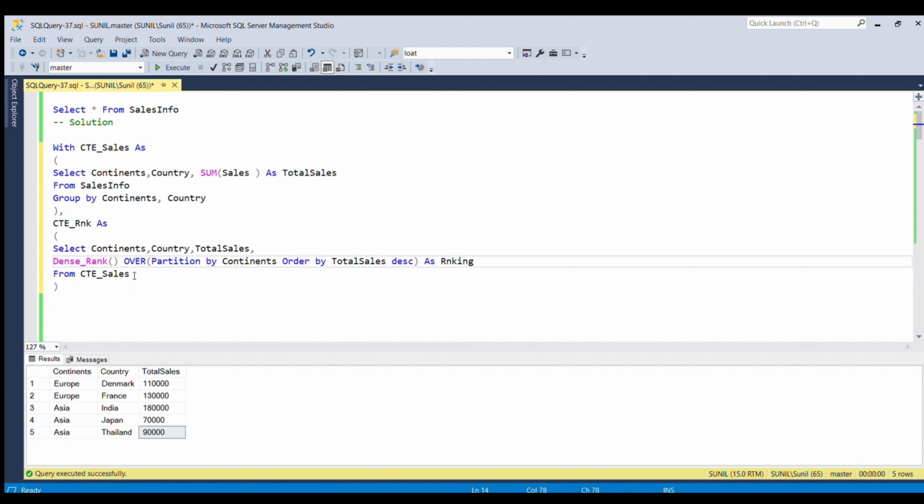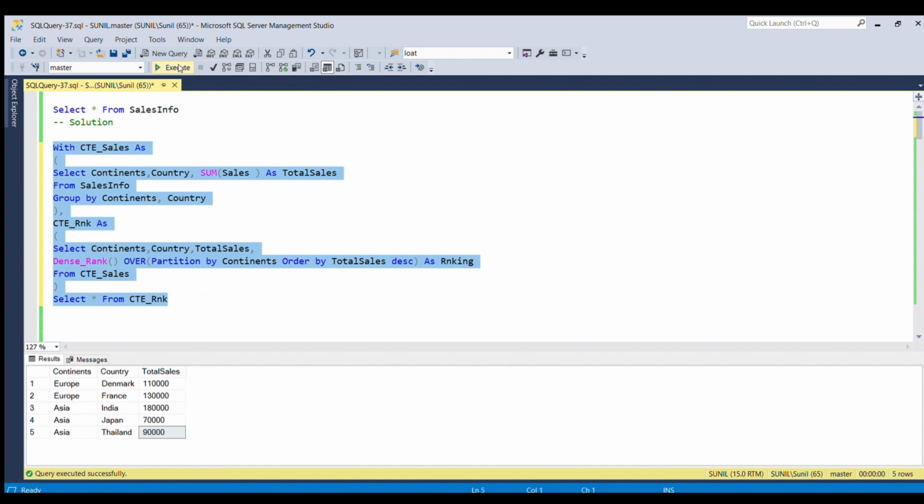So what next? Let me check it from here. Select star from CTE underscore rank. Now you can see that we have the ranking, and for each continent we are getting the rank. So we have to fetch where ranking is equal to 1.